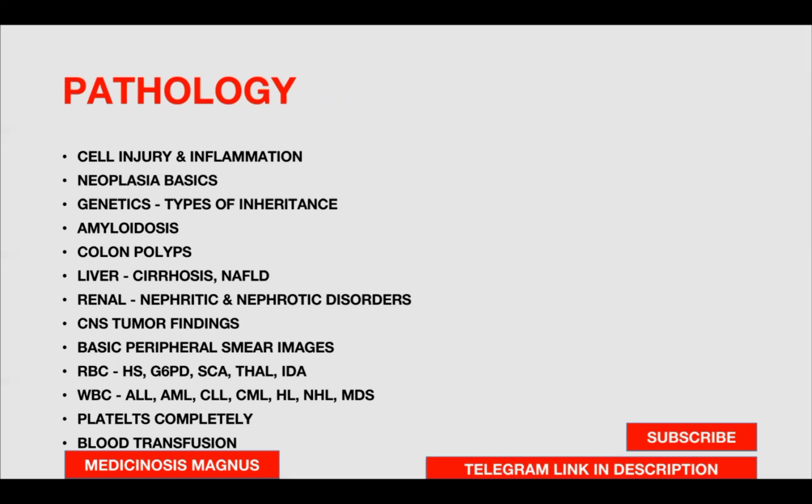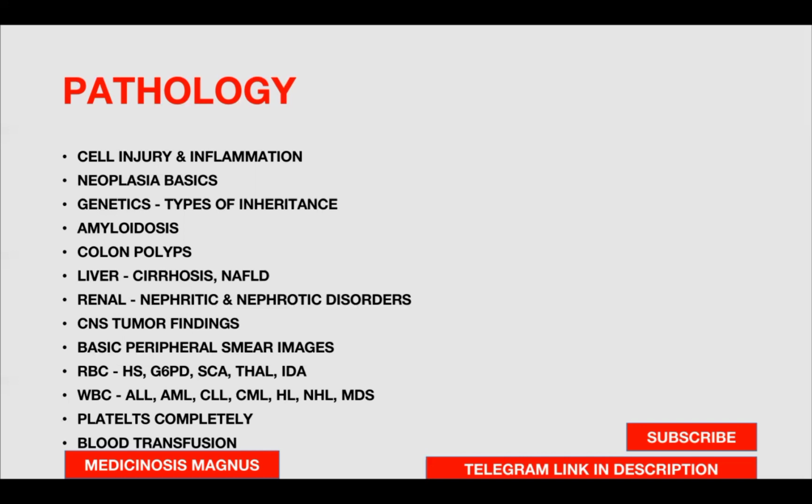Liver cirrhosis and non-alcoholic fatty liver disease. In renal, nephritic and nephrotic disorders. CNS tumors, mostly they ask about the most common tumor in children and adults and the important findings seen in each type of tumor. So know about the basic peripheral smear images, how to identify lymphocyte, how to identify neutrophil, all those things. In RBC disorders,